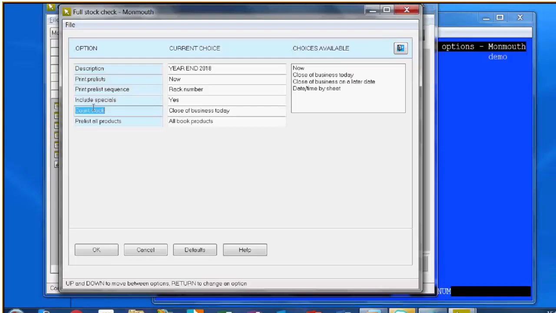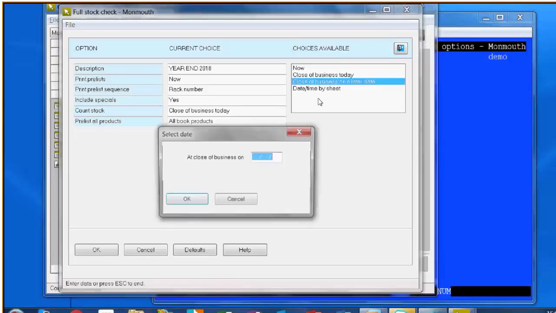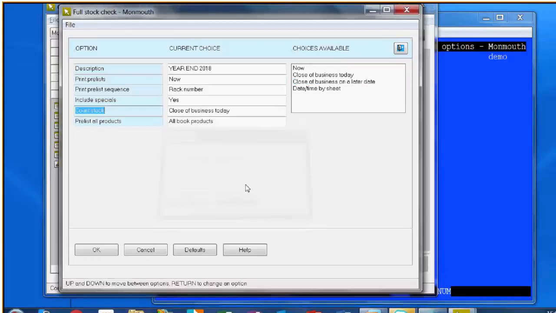Count stock has now, if you want to take a snapshot of your system as at this minute, freeze the stock now, but we don't really freeze it, it really is taking a snapshot of the system, because you're not doing anything to stop anything else happening. You're literally just taking a note of what the stock is now, or close of business today, so it does that overnight. Close of business at a later date, where you enter it, asks you which date you want to do. And